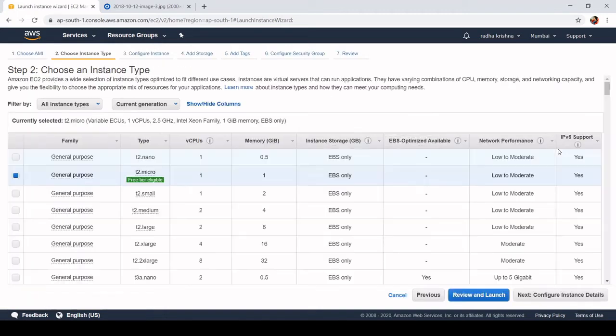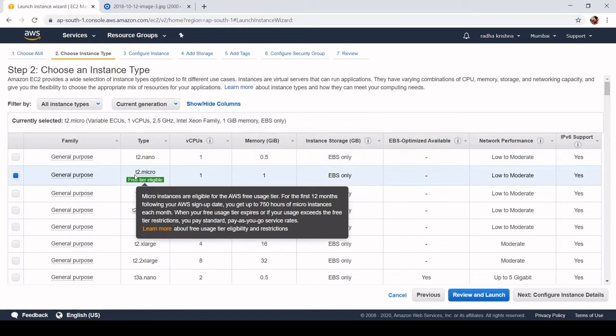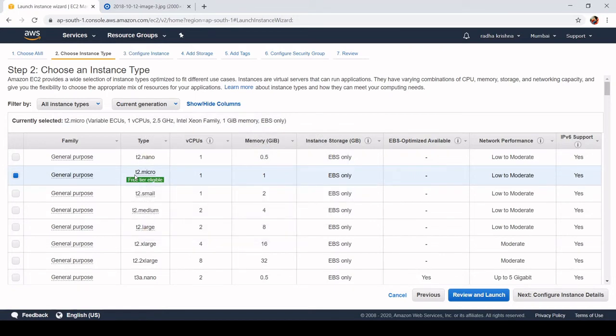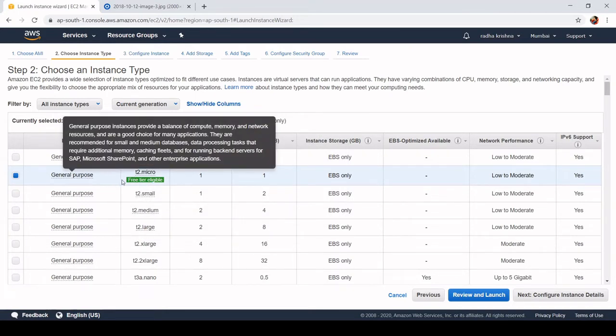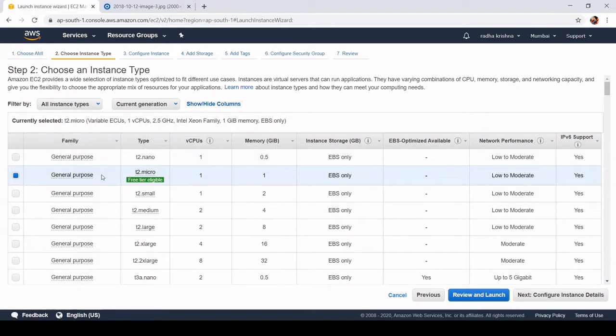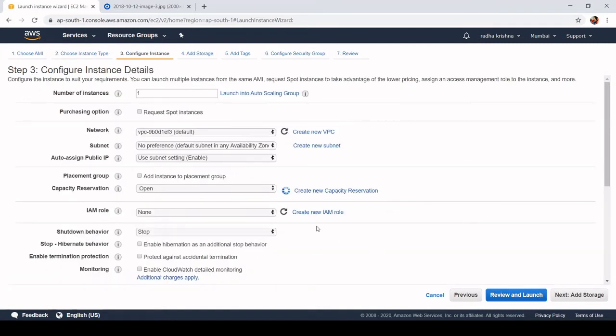Select that, and since I am using a free tier AWS account, I have only this general purpose family. So click on next, configure instance details, and I'm going to launch an instance.